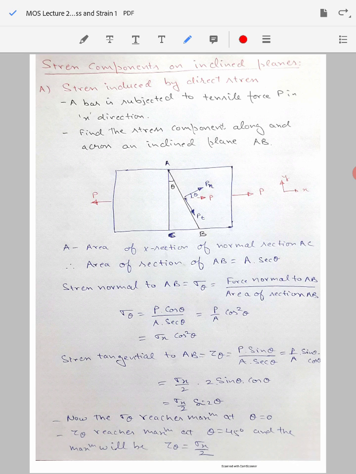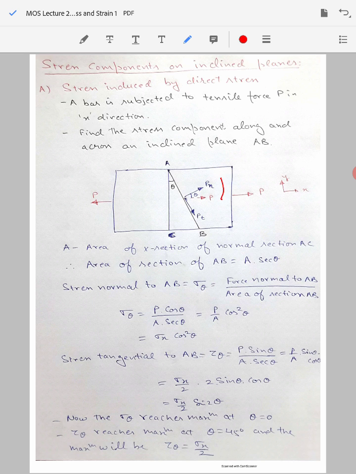Here I have just moved the load P backward, so it coincides with the origin of the Pn, and we see that it is making angle theta with the Pn. So the component of load P in the direction of Pn will be